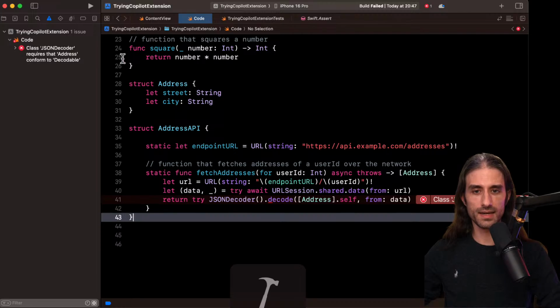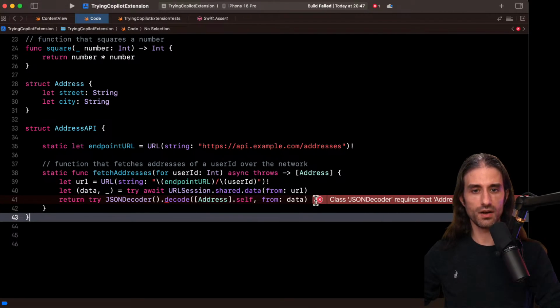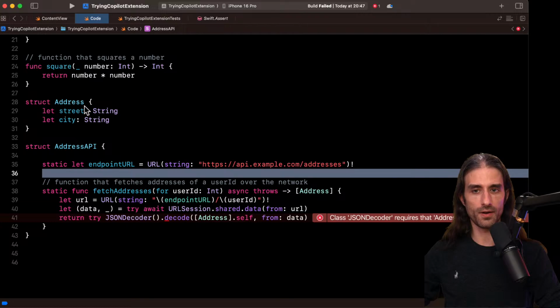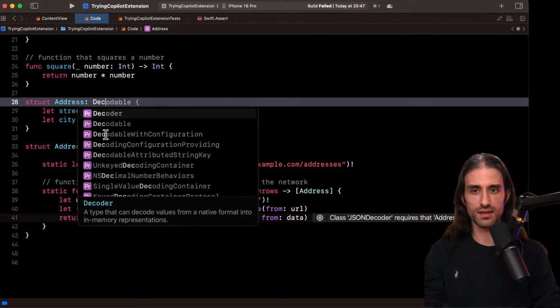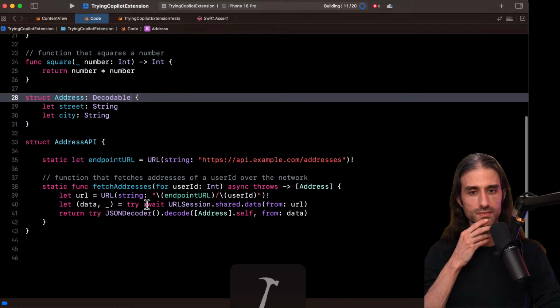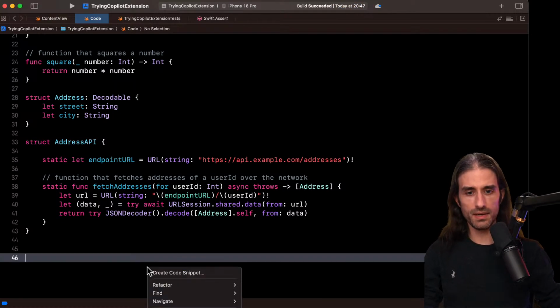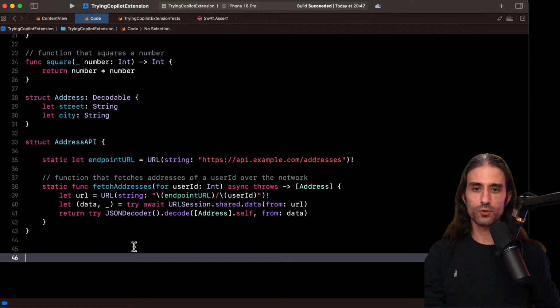So that's a clear improvement on what I saw a couple of months ago. I need to make this decodable for it to build, but it has actually gotten better. So maybe there is some kind of optimization, fine-tuning, or configuration for each language, and maybe Swift hadn't had the same amount of love as other languages that VS Code more often handles, but maybe they did something to improve what it suggests when using it within Xcode.